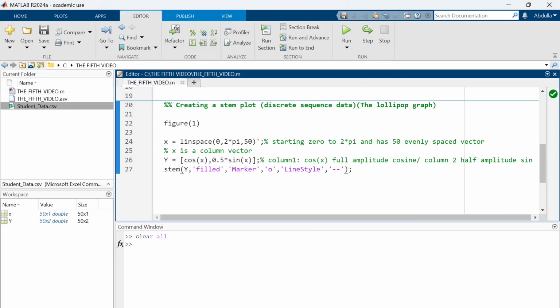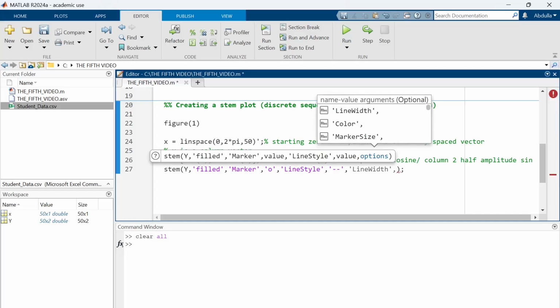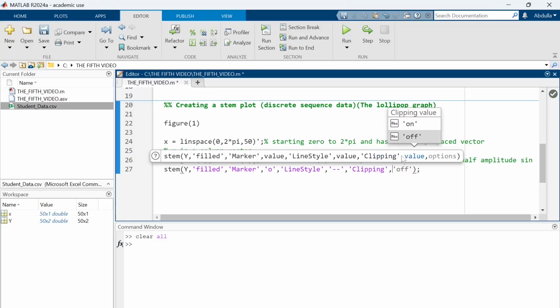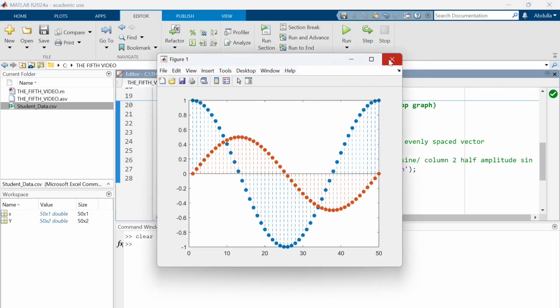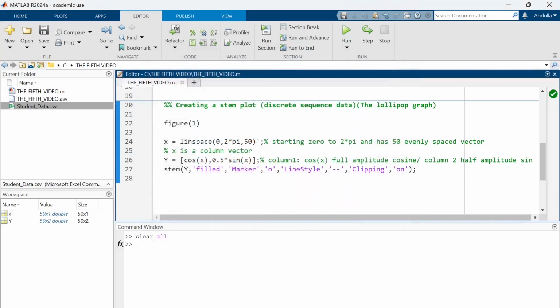I'm running a little bit fast through the things that you guys already know, but let's explain something you might be new to, which is clipping, on and off. So what does this mean? On might not be obvious here, but it's a very important function to know about. Clipping just controls whether the object gets cut off at the axis